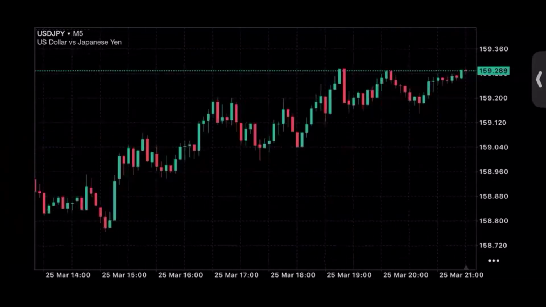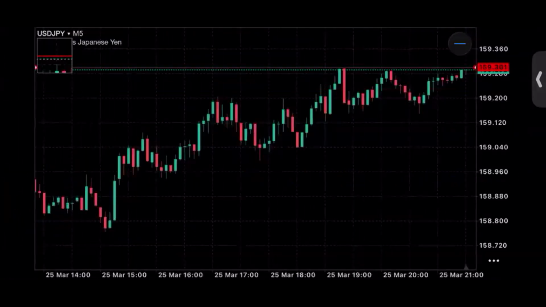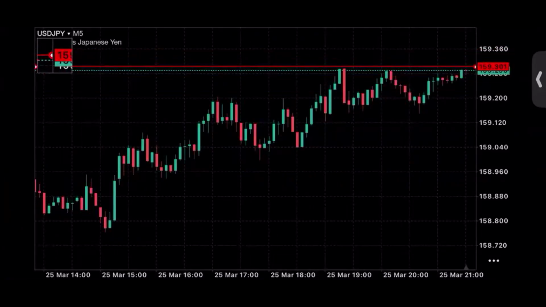Now this is the place where I was showing you, right? And I said that we're expecting price to actually break this point. Once this is broken, we should be on an upward trend. And I said we want to have a buy stop here. Now currently price has already gotten here, so I'm just going to move this a little bit up. Let's move it just around here, right?